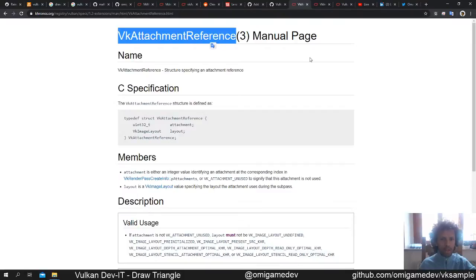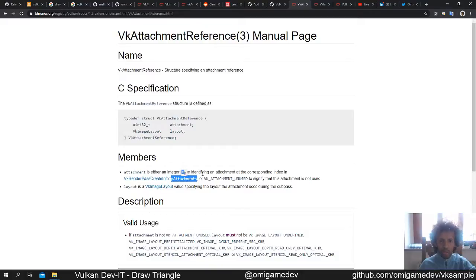So we've got attachment reference. It says attachment is either an integer value with a corresponding index in the render pass attachments. Okay, that has been made clear here. Or attachment unused, which signifies that the attachment is not used. I'm wondering what the purpose is, but